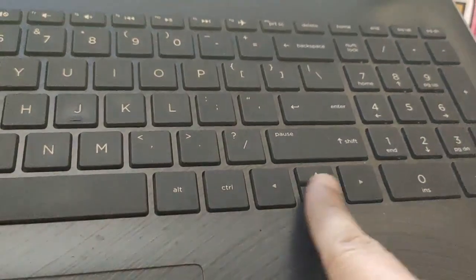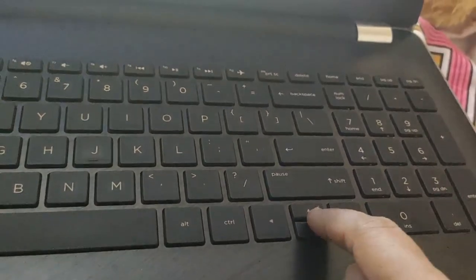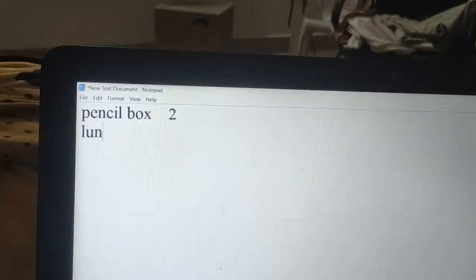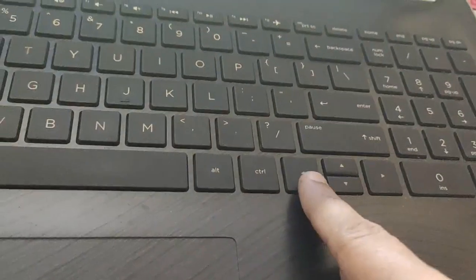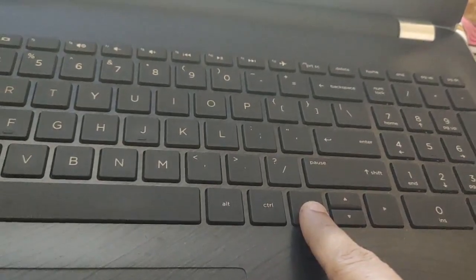I need to go to the first letter. So for that, we may use the arrow keys. Can you see these arrow keys? I showed you the usage, that we can move up, down, right and left. So right now I want to go to the left-hand side. Which arrow key should I use? Yes, one time the left arrow key. See, the cursor position has changed. Again I am pressing, the cursor position has changed.